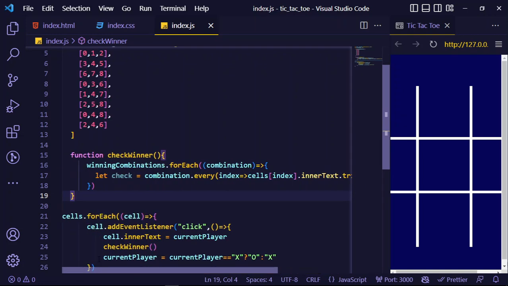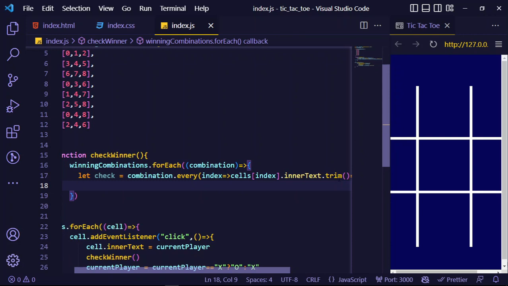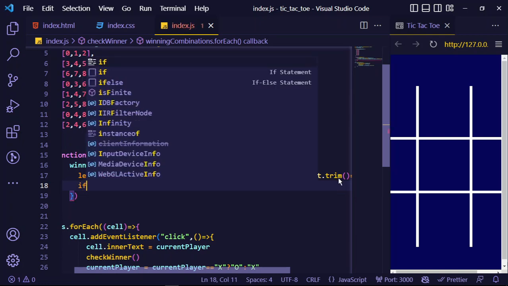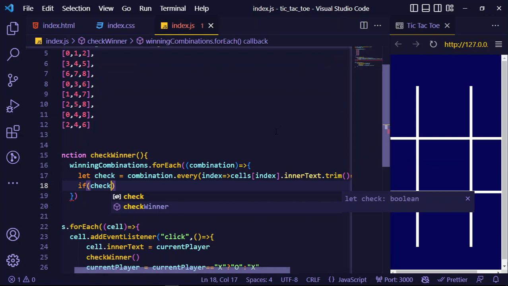Okay, I think that's it. Then with that variable check, that variable is storing either a true or false value. So it's either true or false. So we say if check, if the check is true,